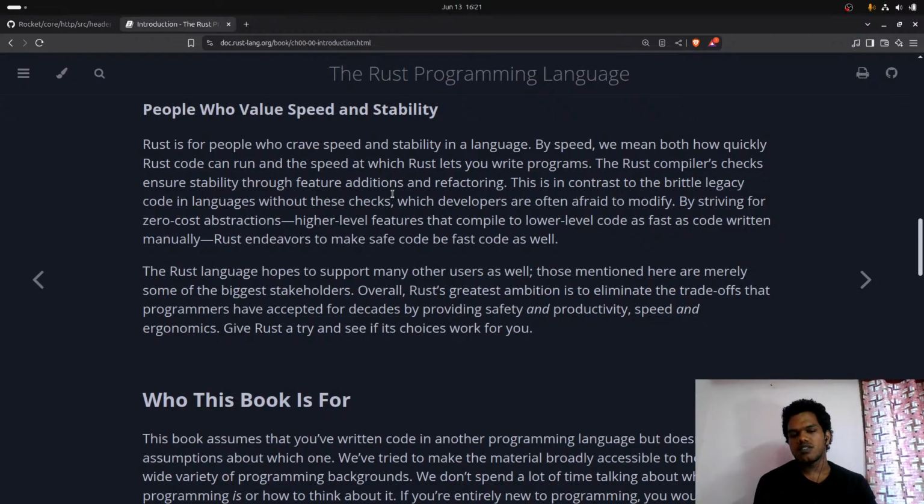But I would say, I don't know, maybe Rust is harder to learn, but it simplifies many things. But C is easier to learn, but it complicates many concepts. Okay, it complicates many implementations. That's how we can say this, because when you learn Rust, you almost feel like it's